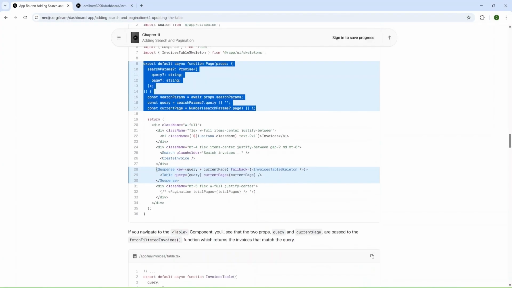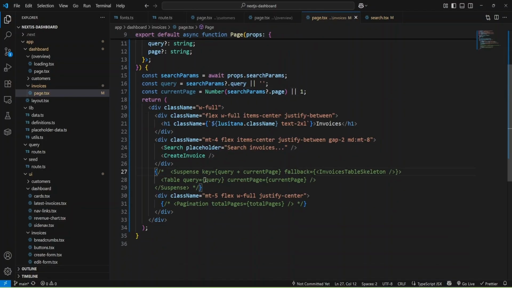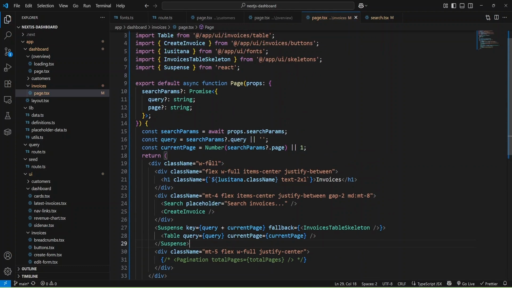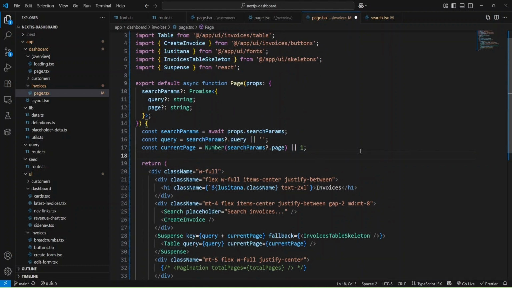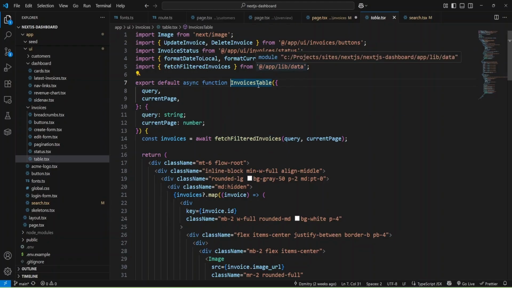And also we can add Suspense. And we have it here. We can just uncomment it. And we need this data to display our invoices. As you can see, we have search params here, also query and current page. And then we'll provide this data to the invoice table.